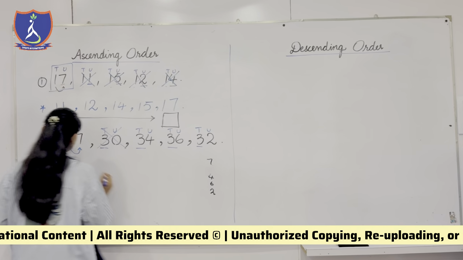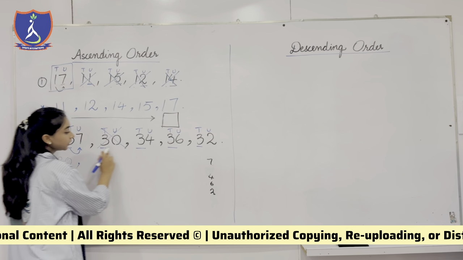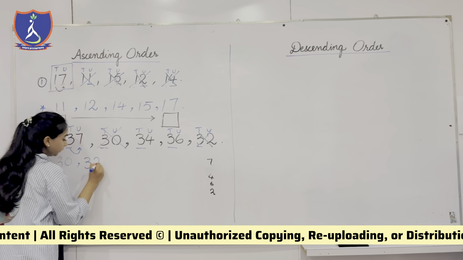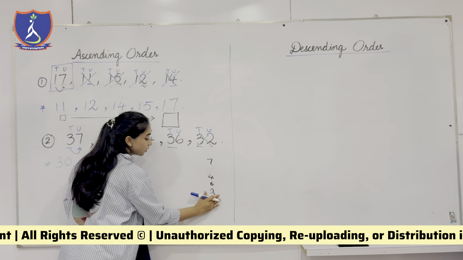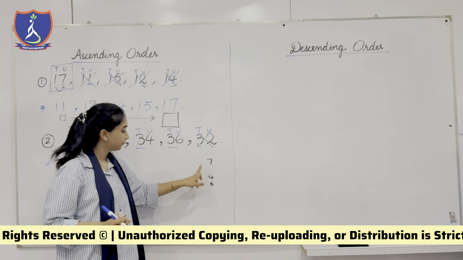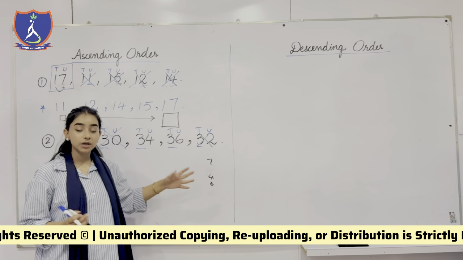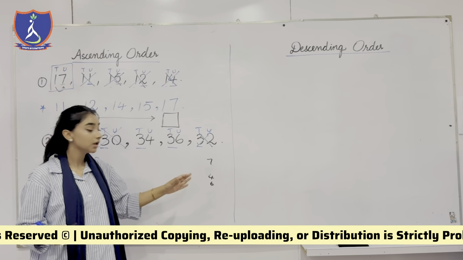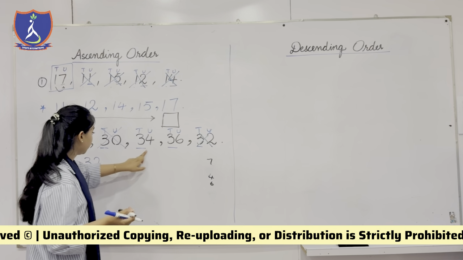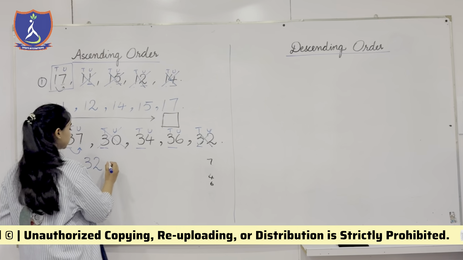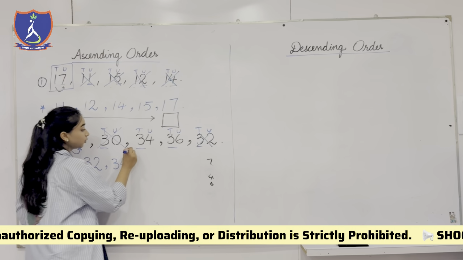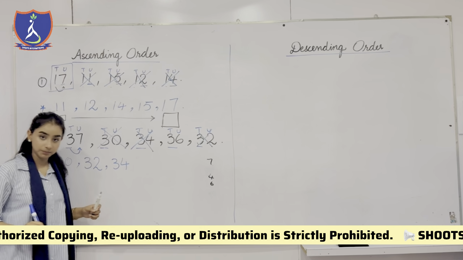It is lesser. So the next number would be 32. And it would be out of the game. Now 2 is out of the game. Right? Now we are left with 3 units. 7, 4 and 6. What is the smaller unit? Unit 4 is the smaller, right? So now where comes the 4? Here comes the 4. So the next number would be 34, right? And it would be out of the game.